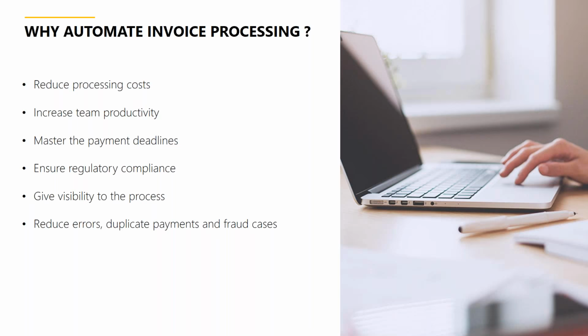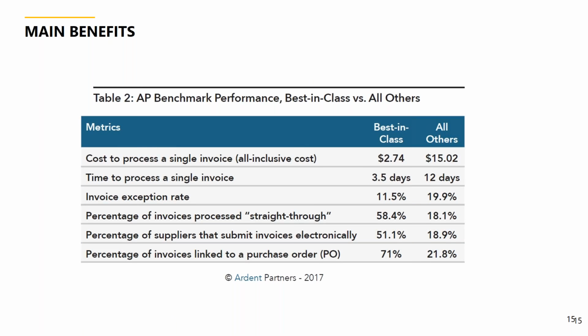So what we're then going to do is look at what the main benefits are on this slide and why organizations would want to do it. So this is looking at what the costs are and why we have these costs. What we have here is a scenario where we've got best in class, and then pretty much everyone else. Best in class would be, we've automated as much as we can using the technology that's available today. And on the other side, pretty much the opposite of that.